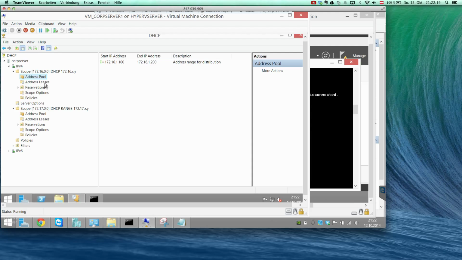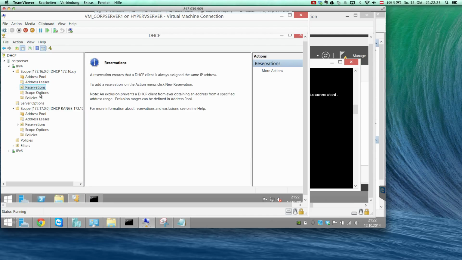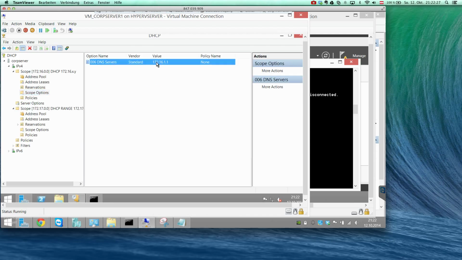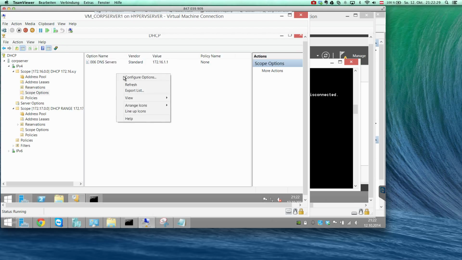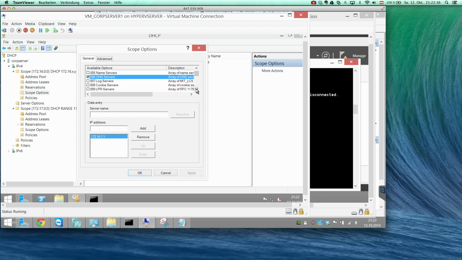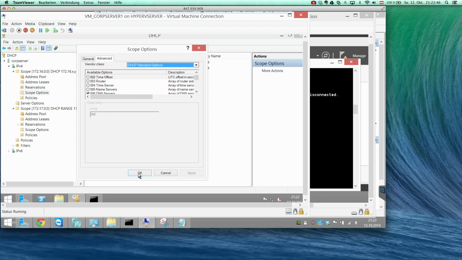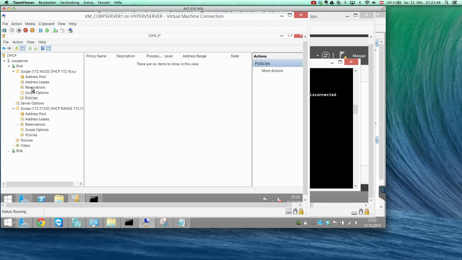Here is the address pool, and here now are the address leases. In the scope options you will find the DNS server, and we can also say configure options here, and then I can add the DNS domain name corp.zz here, for example, say apply, okay,